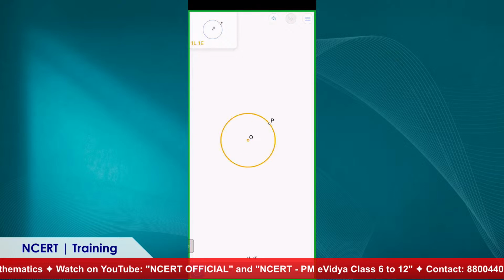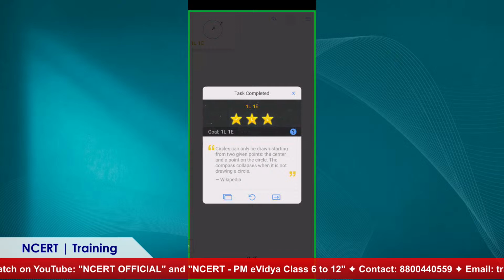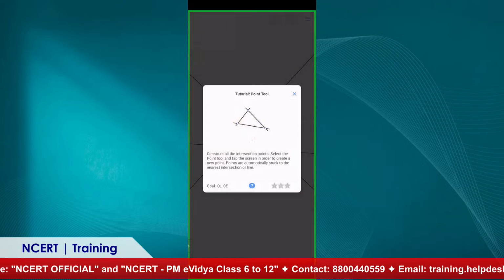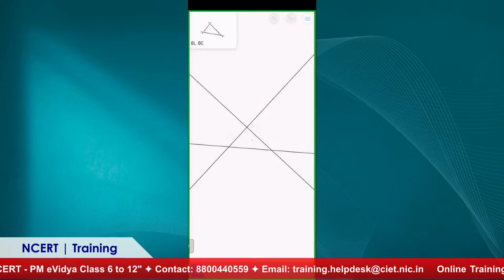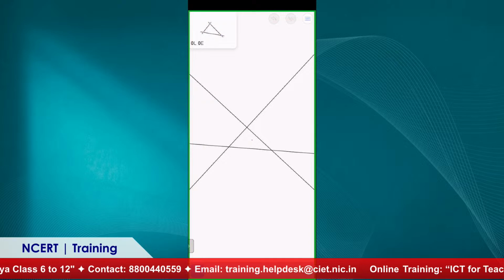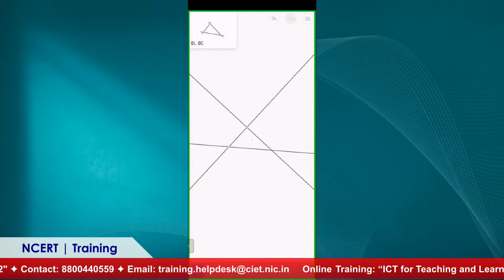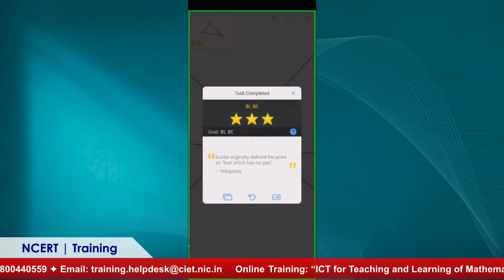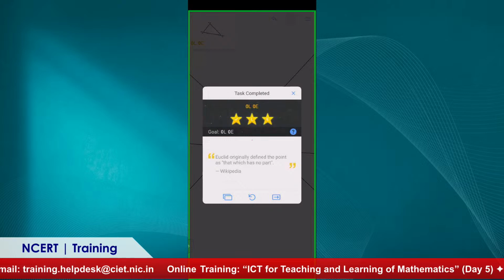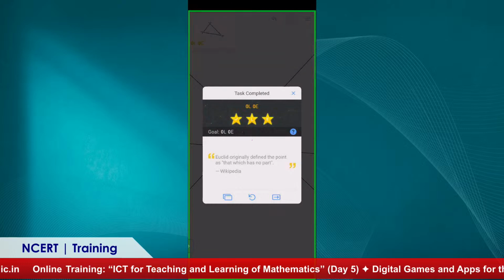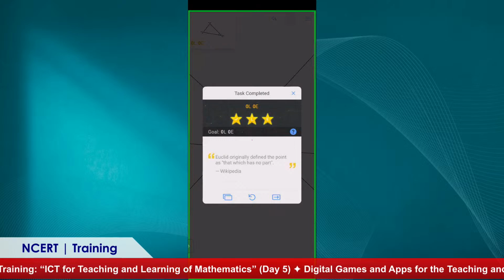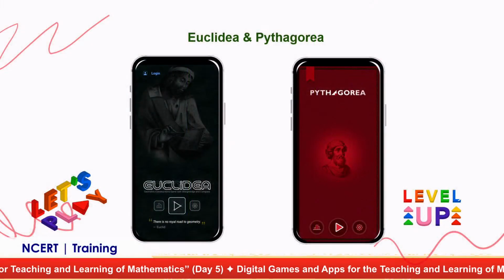We need to draw a circle with center O and radius OP. So task completed. Move to the next task. Now we are exploring the point tool. In the point tool, we just need to put points at the intersection places. Euclid originally defined the point as that which has no part. So what is the specific aim of this app, Euclidea? The aim of this app is basically